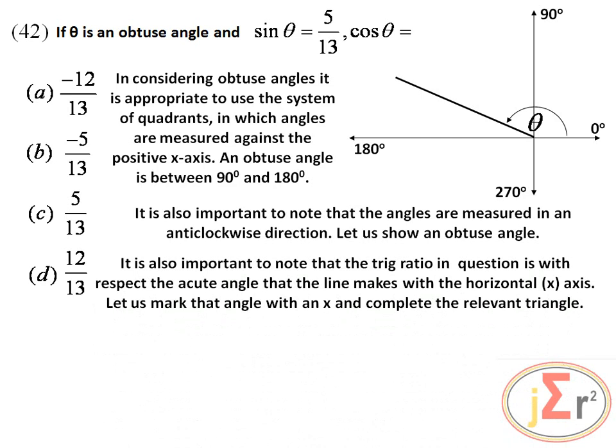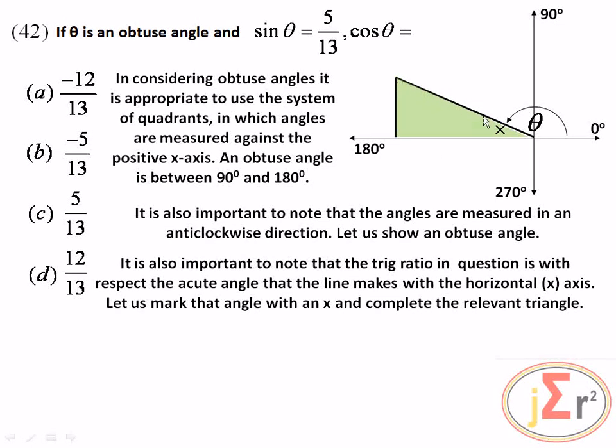Let us mark the angle with an X and complete the relevant triangle. So there we have the relevant triangle and we are marking the angle with an X. Now we are going from here to the obtuse angle, which is of course between 90 degrees and 180 degrees. So we are locating that angle somewhere in here. Generally, we consider this line to be a true reflection of what an obtuse angle should be. No problem with that. Now that we have located the obtuse angle by using this line,